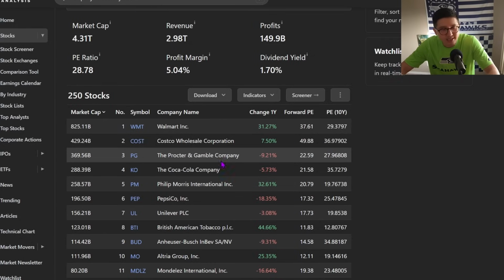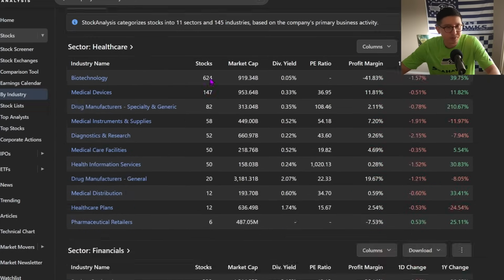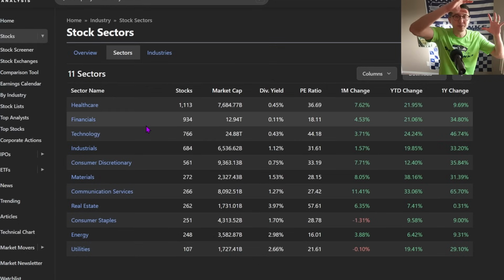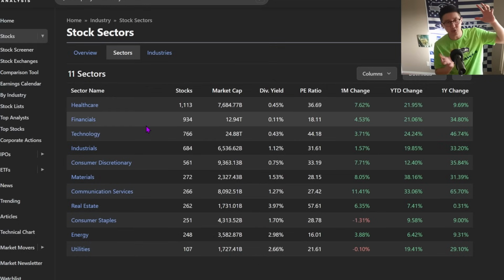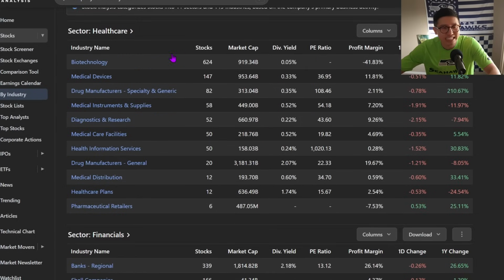We could do the exact same thing that we just did with Procter & Gamble. However, let's jump on back and I want to show you this. If we click on overview, it'll show you every sector, but also every industry that's within that sector. Does that make sense? So a sector is like the overview of a category, and then the industries is everything that comprises that sector. So if we take a look at healthcare, there's over 1,113 stocks represented by healthcare, and when you break that down at an industry level,